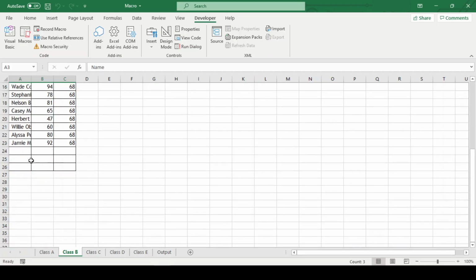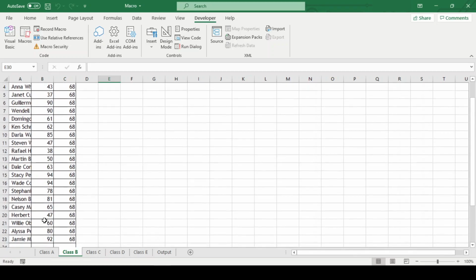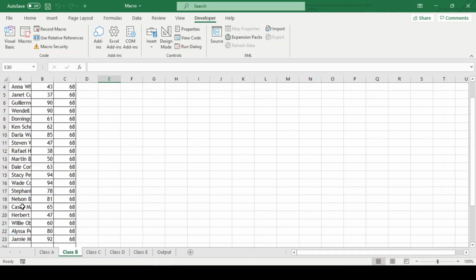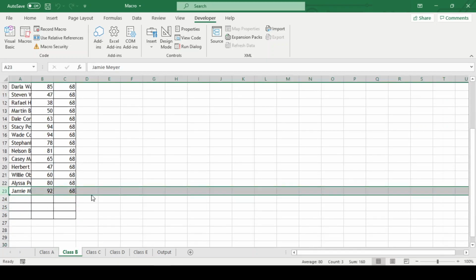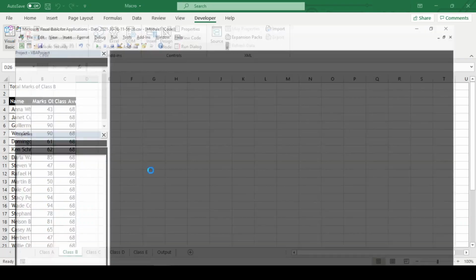Now we can see that we have extra border even after our data because this sheet has fewer rows as compared to the earlier one. And if this had more, then a few rows might not get bordered. Now let's see why this happened. We'll go to the Developer tab and click on Visual Basic.